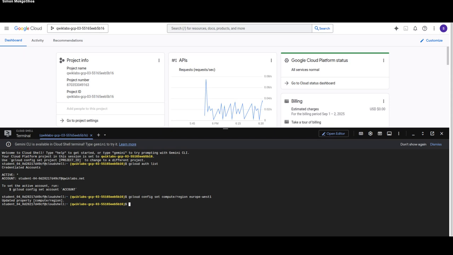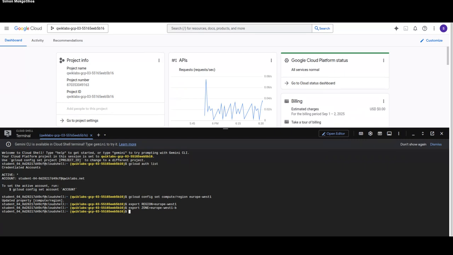Now, I'll just copy and paste this command. So there we go. What this does is create a variable for our region, right? Created our variable. Now we have to run the following command to create a zone. So we will set the zone. As you can see, let me just make this command clear. It's export zone equals Europe, East B. Okay, we're good to go. So now we've set up our zones, right?